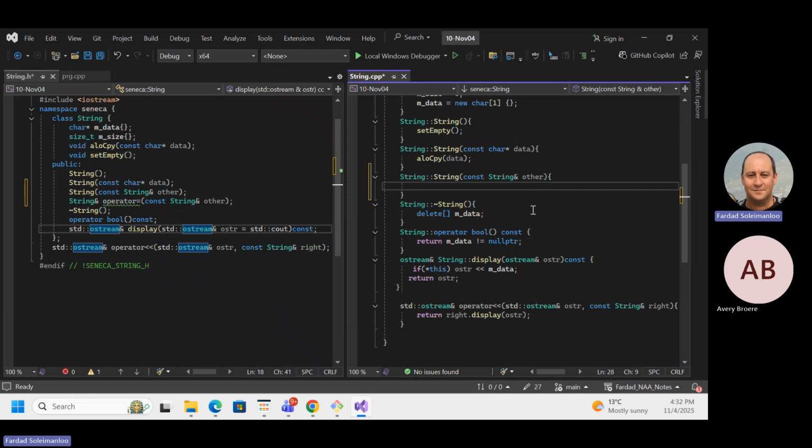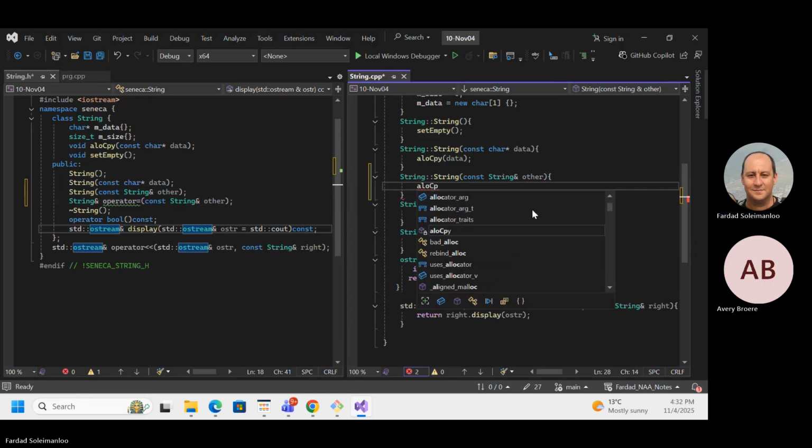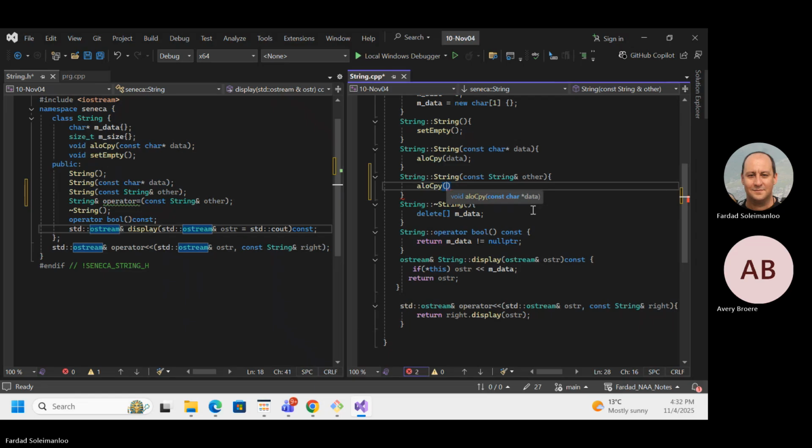All right, so I have everything null already. So all I need to do is, oh, it's easy. I'm going to say allo copy. Actually, my allo copy is not written right. I'll show you.